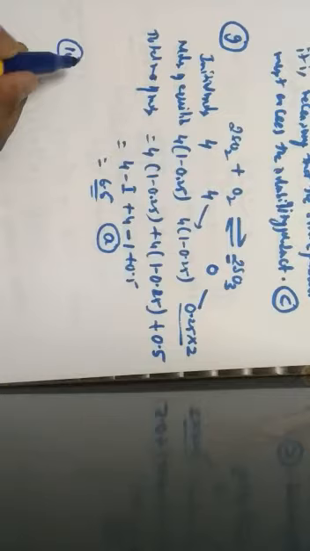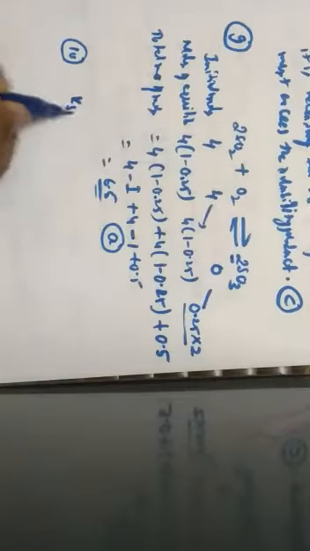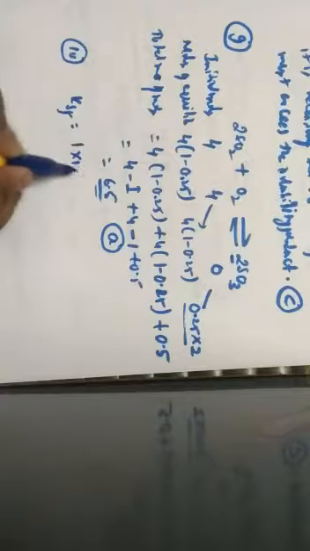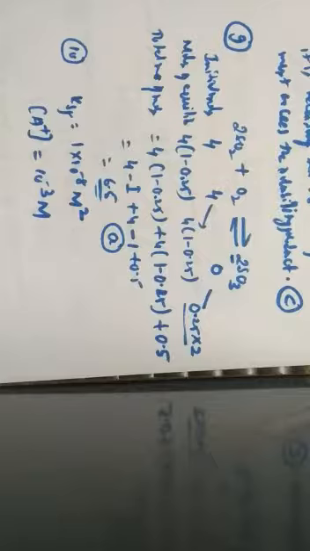Next one, question number 10. Solubility product of a salt AB is 1 into 10 to the power of minus 8 molar square. In a solution in which the concentration of A plus ion is 10 to the power of minus 3 molar, the salt will precipitate when the concentration of B minus ions is kept. So it has been given that the solubility product KSP is 1 into 10 to the power of minus 8 molar square. The concentration of A plus is 10 to the power of minus 3 molar. They are asking us to find the concentration of B minus ion.